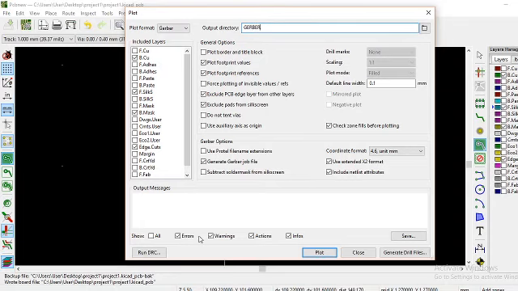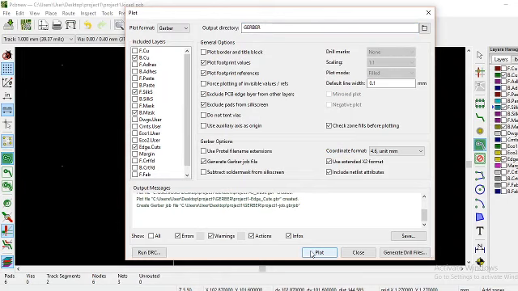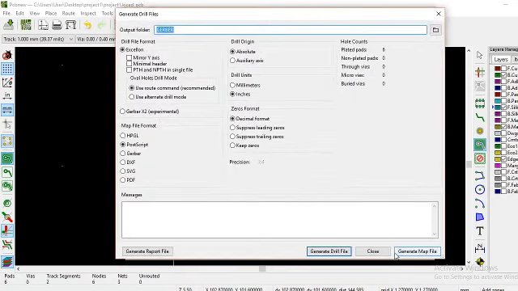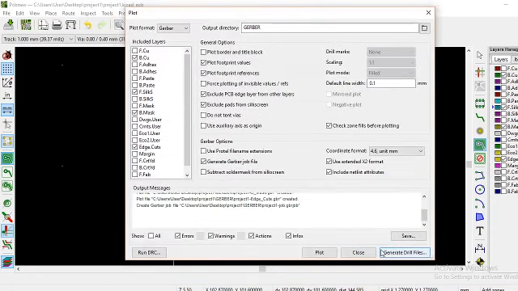Then okay, then give plot and generate drill files also. The drill details are also saved in the same folder, and click on generate drill file, then close. Okay, now we can close.